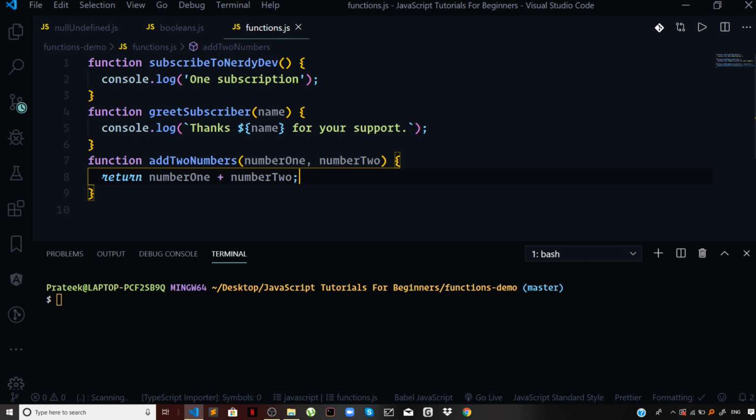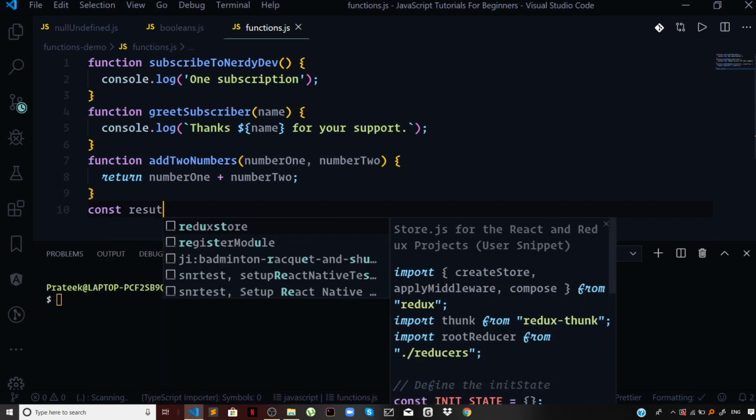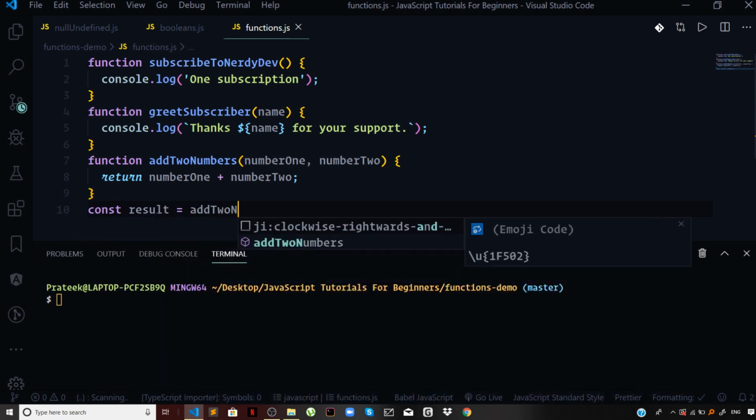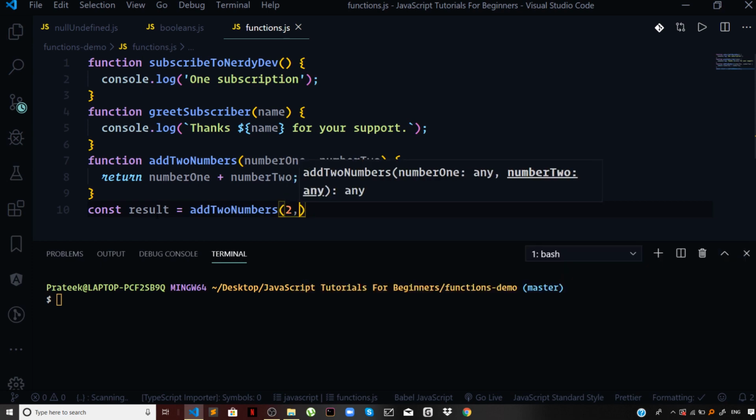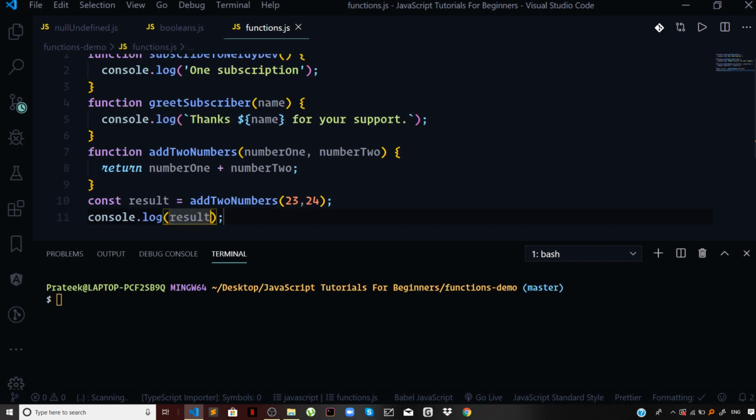So we do the required computation for which your function was made in the very first place, and then we'll return the result that is obtained by adding them. Now let us invoke the function by passing the required parameters and collect the result in some variable. I will name the variable result and then invoke the function. So const result = addTwoNumbers, pass in two numbers, 23, 24, and then I will log the result to the console. So let me try running the file by saying node functions.js,